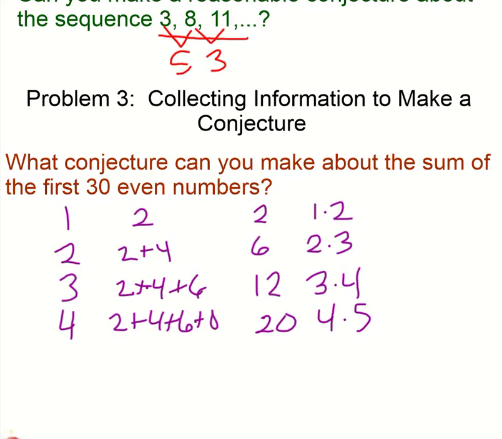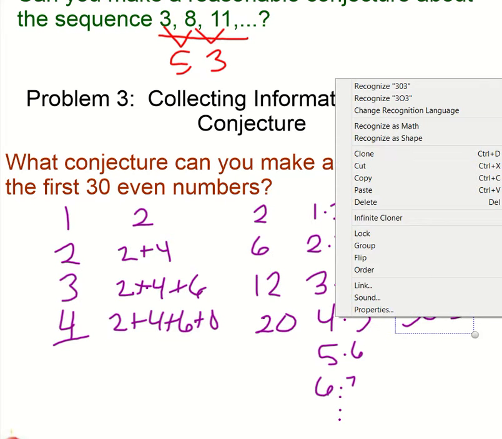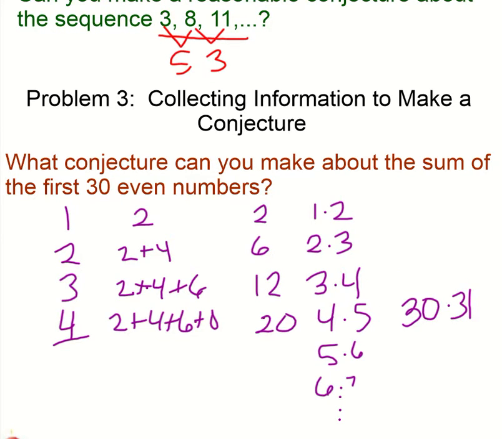And so my guess is the next one's going to be 5 times 6, and then 6 times 7, etc. And so for the 30th term, it's going to be that number term, which will be 30, times whatever the number of the next term is going to be, 31. 30 times 31 gives me 930. And so there we collected information so we can make a conjecture